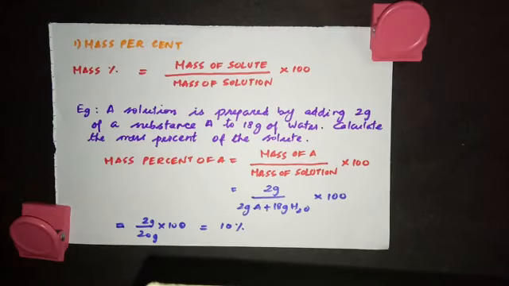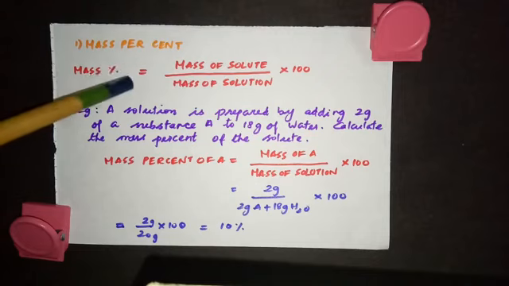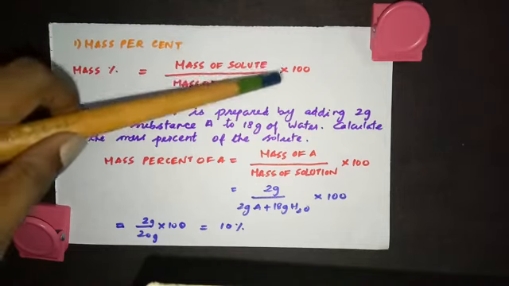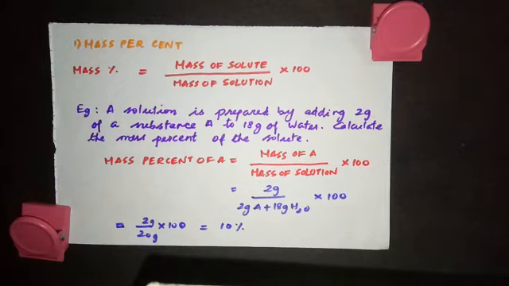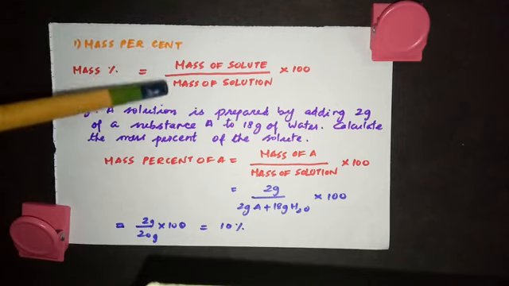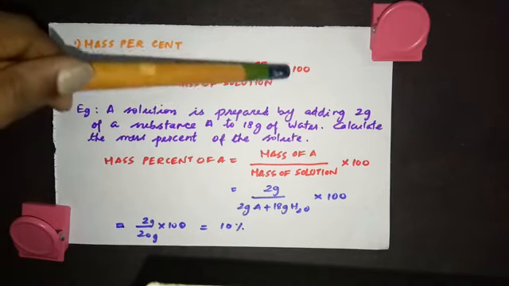Let's start with mass percent. Mass percent is nothing but mass of the solute divided by mass of the solution into 100. So that gives you the mass percentage. Just like we calculated percentage composition, here we are doing this for the solution. So whenever you are doing these calculations, you should be very clear with the terms solute, solvent and solution, and whether you are using mass or volume. So in the case of mass percentage, you are taking the mass of the solute, dividing it by mass of the solution multiplied by 100.